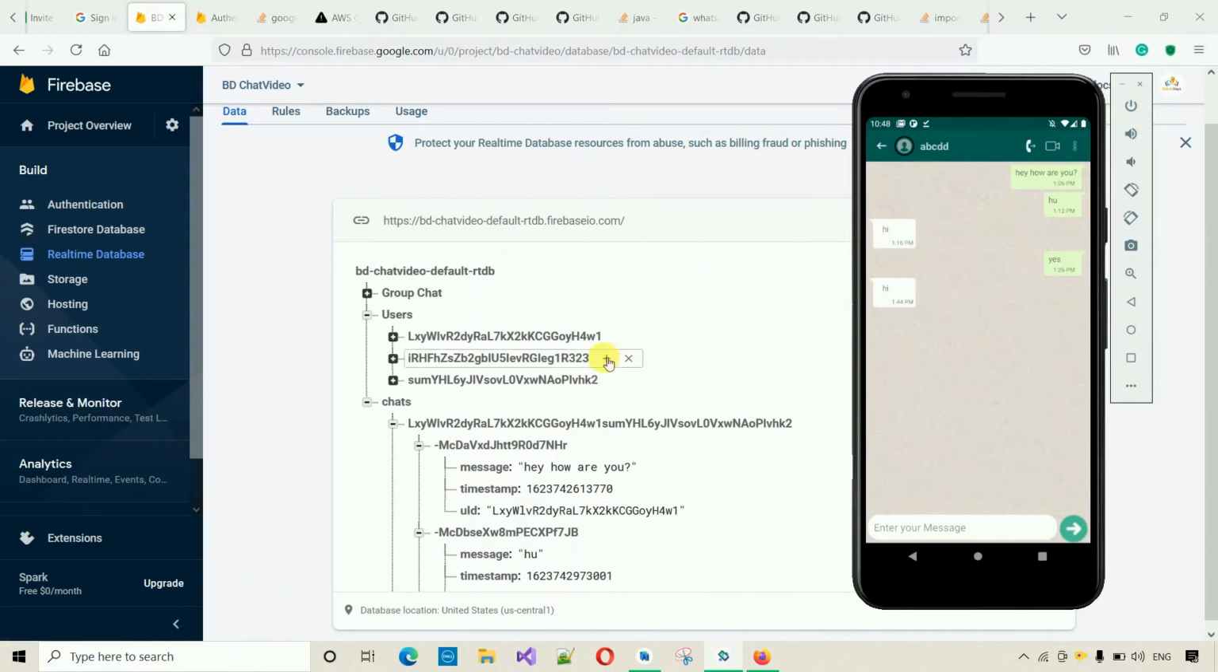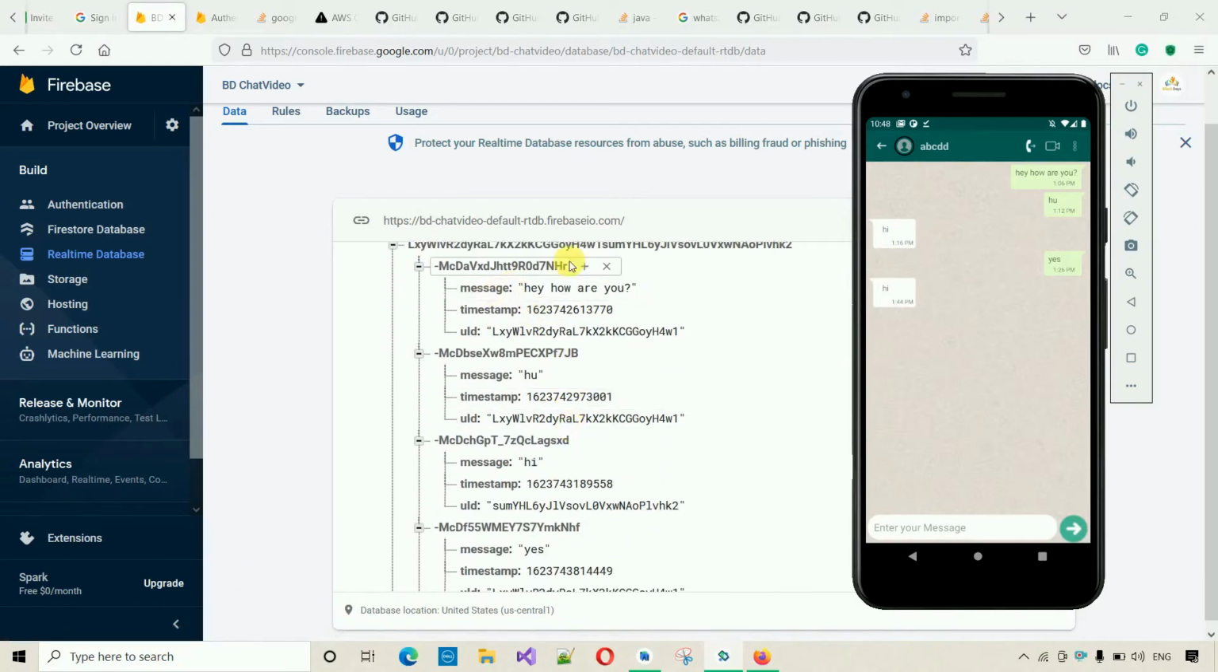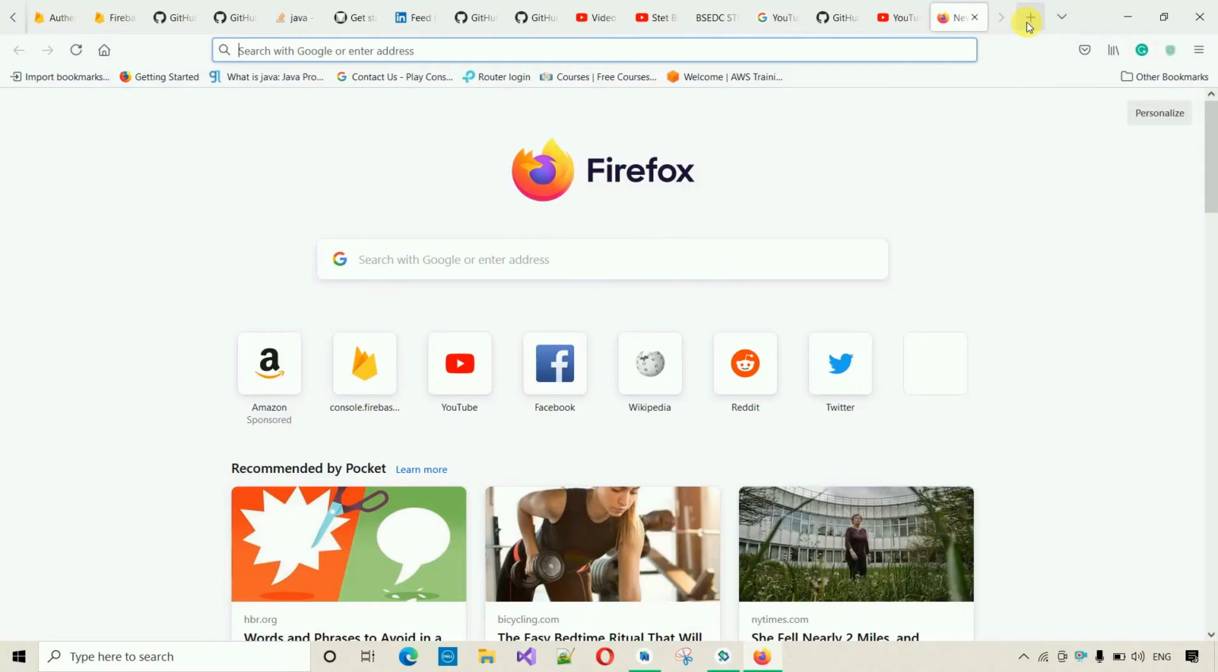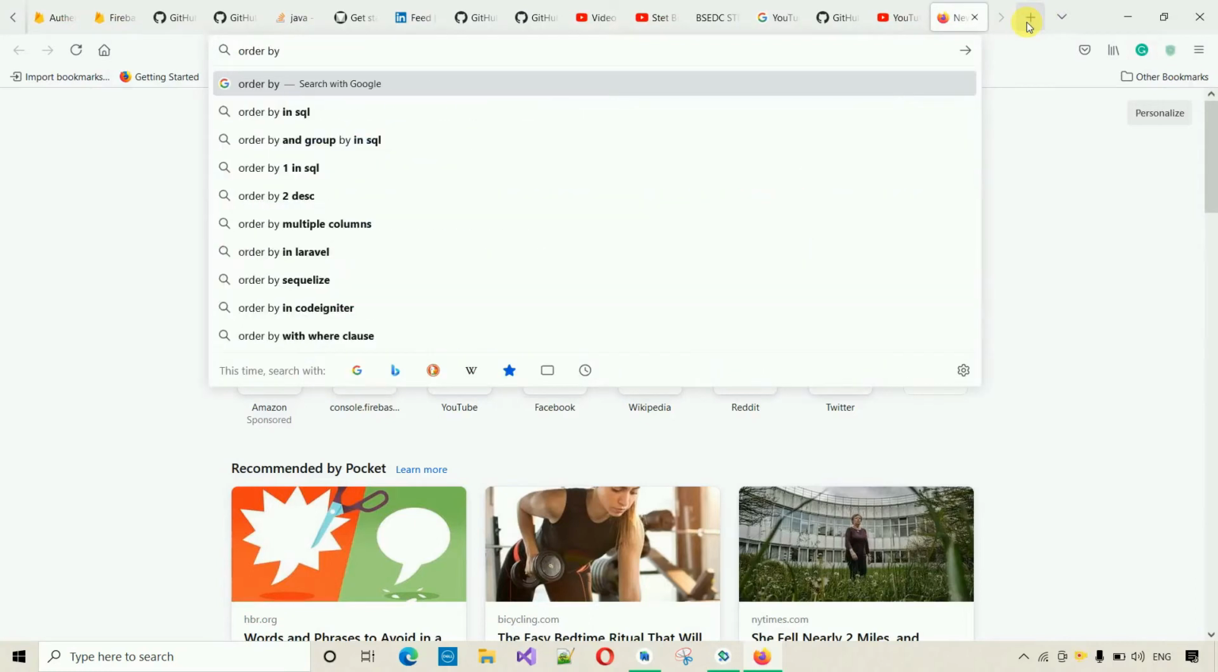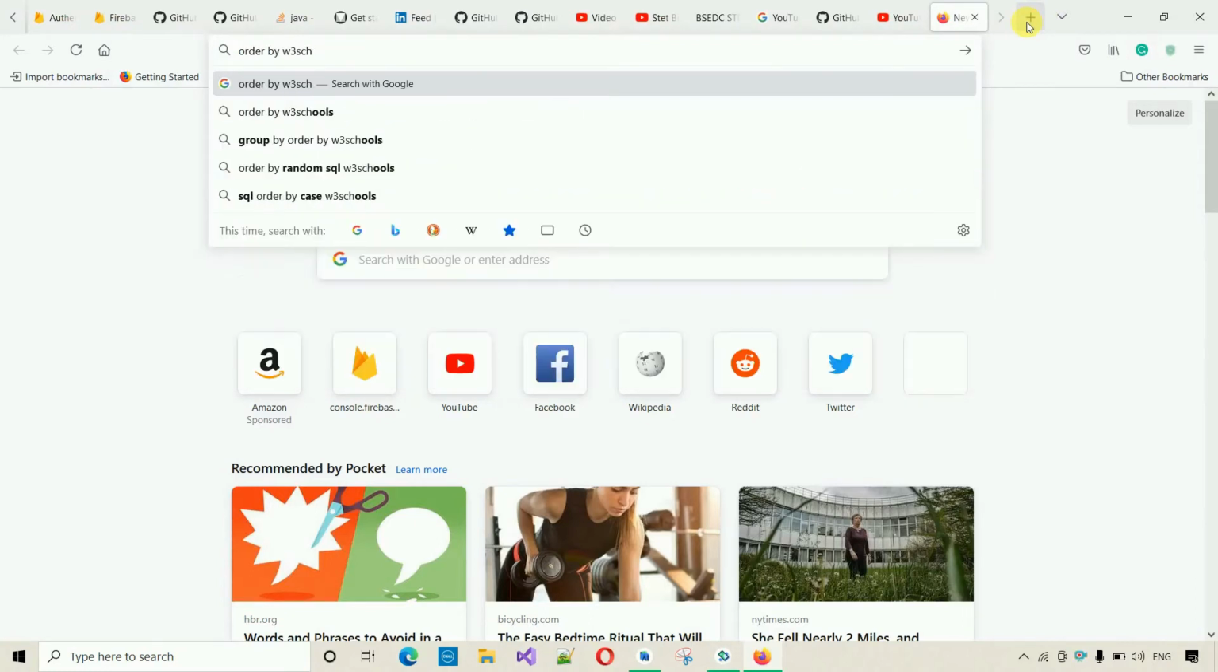So we are going to order it with the help of the order by query, we are going to reverse the order and we are going to filter only one record. If you are familiar with order by, you can simply search like this, order by W3 school. If you open it,